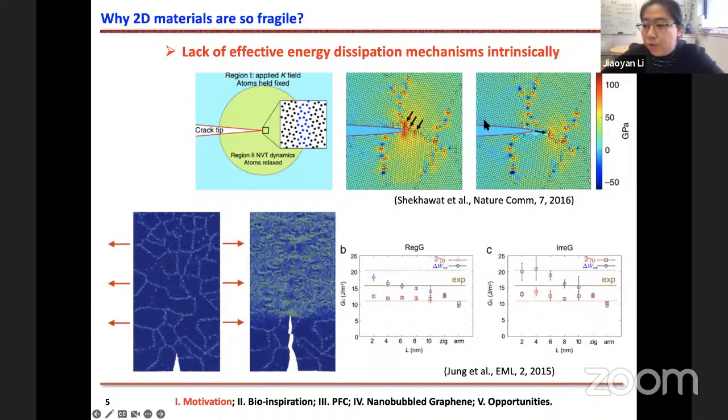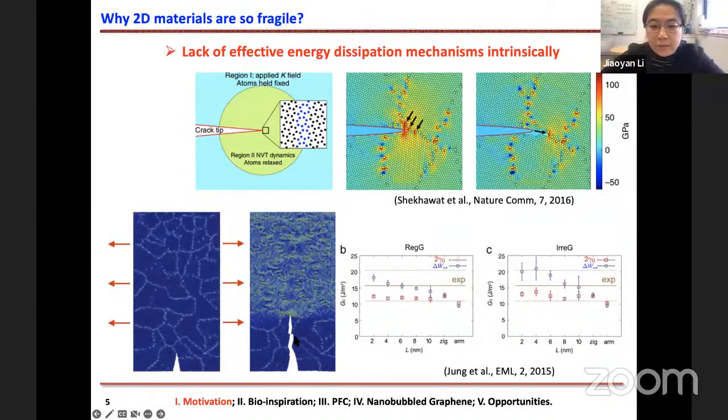With the contribution from the grain boundary, the calculated fracture toughness is around 20 joules per meter squared, higher than the pristine case, but still not very good for engineering applications. We still consider this polycrystalline graphene a brittle material. We also notice that the grain boundary is formed by a string of dislocations. So during the crack propagation,